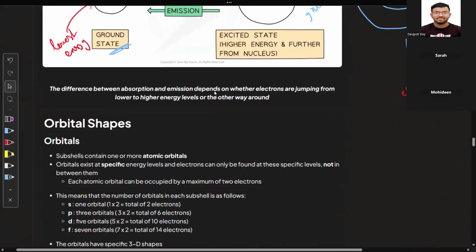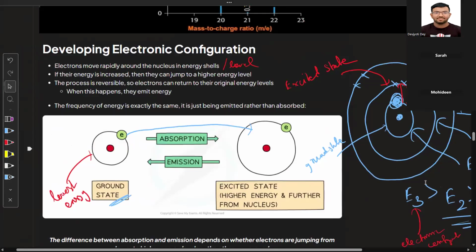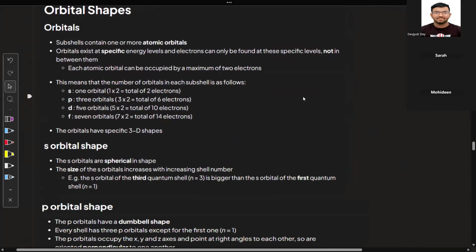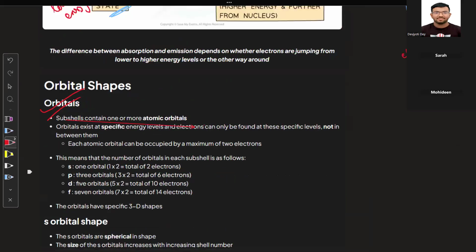Now, that was a simplified version, which we just saw, and which we basically acquired during our pre-IGCSE knowledge. Now we are going to go into AS level, where the electronic configurations are discussed in a more advanced format. Here you have orbitals. Orbitals are what? Orbitals are basically subshells. Subshells contain one or more atomic orbitals. What they're trying to say is that, just remember one thing,